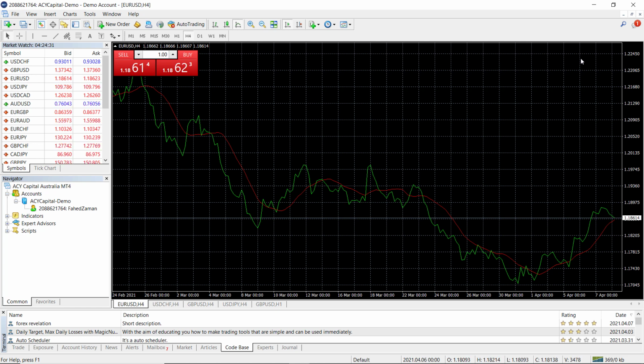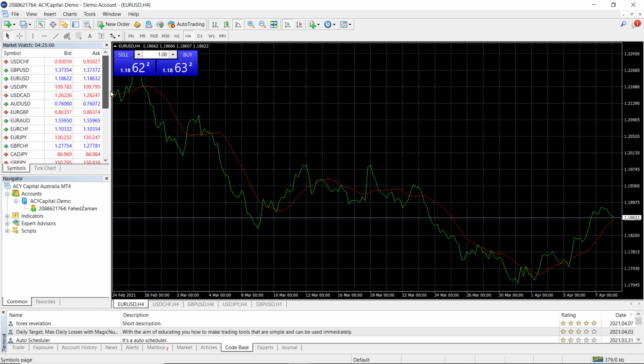On the top left of the selected window, here we can see our quick buy and sell order execution. This is where you can make quick buy and sell orders on the selected trading instrument straight from the chart window. On the left side of the dashboard here, we can see our market watch, which displays all the trading instruments that ACY provides. This market watch is displaying forex currency pairs.